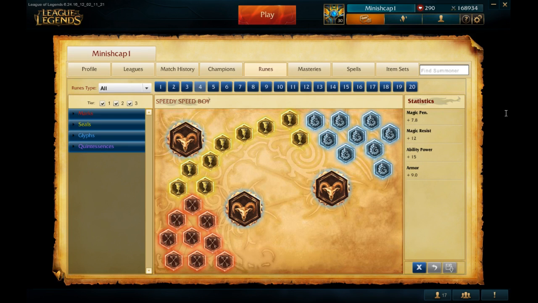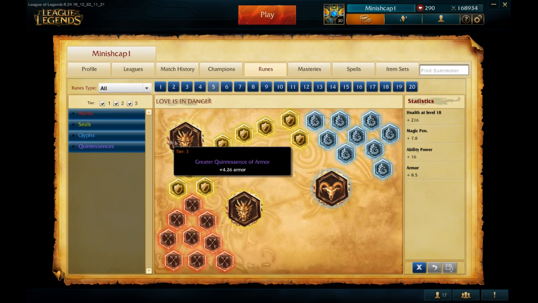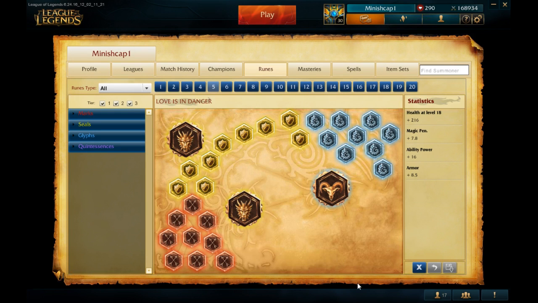So next, I want to talk about the more interesting rune pages in the non-movement speed category, and that's the armor quintessence category. So this page right here, what you have is 9 magic penetration reds, 9 health per level yellows, 9 AP blues, 2 armor quintessences, and 1 AP quintessence. So the story behind how I made this rune page is, one day I was looking at